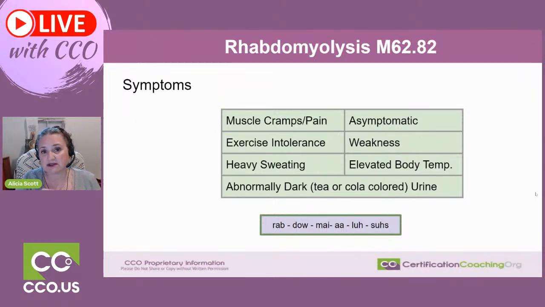The indicators that are similar, and you can see how it could be a step-by-step process. Note too that heat exhaustion and heat stroke are T codes because that is injury due to heat and light, whereas rhabdomyolysis is an M code, which has to do with muscles. They are distinctly different diagnoses, although the person could have rhabdomyolysis after having heat exhaustion or heat stroke, and this